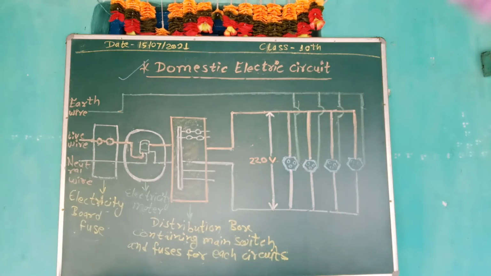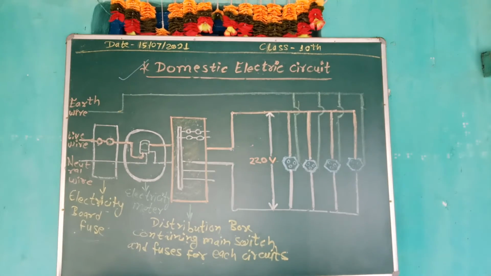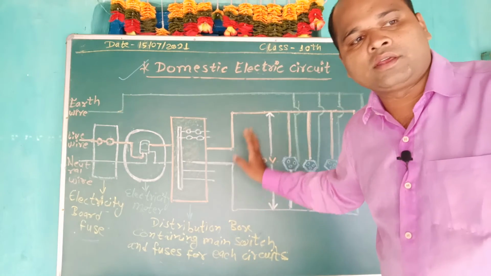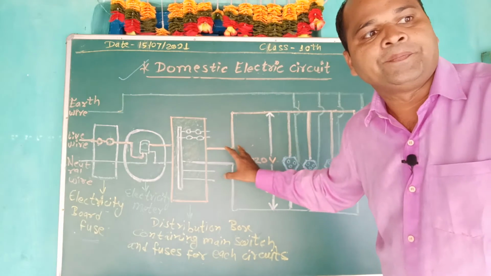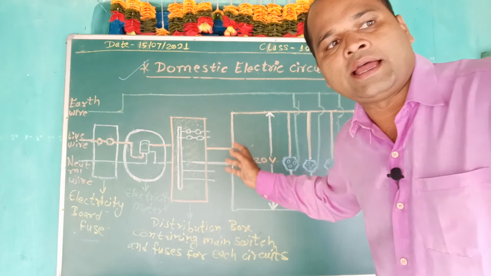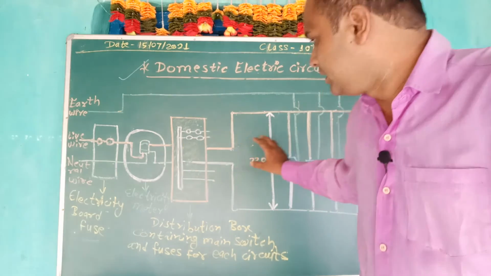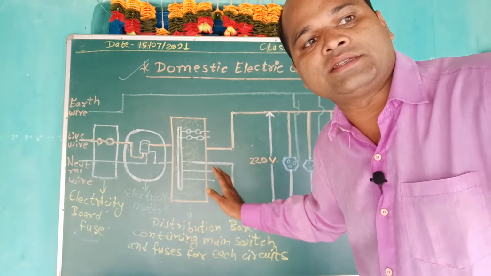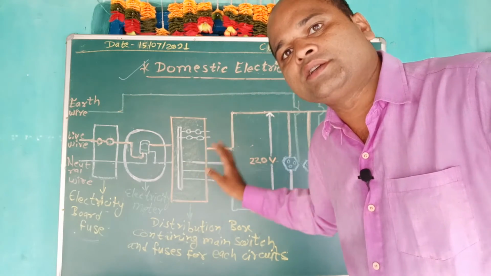Students, in this schematic diagram of one of the common domestic circuits, in such separate circuits, different appliances have separate switches to turn on or off the flow of current. In order that each appliance has equal potential difference, they are connected parallel to each other.